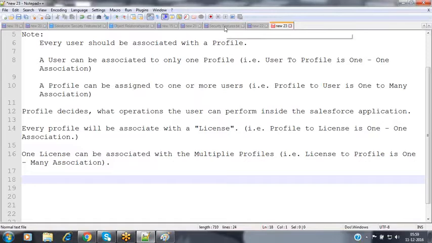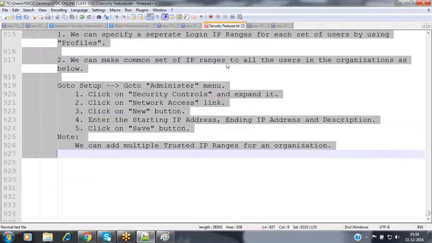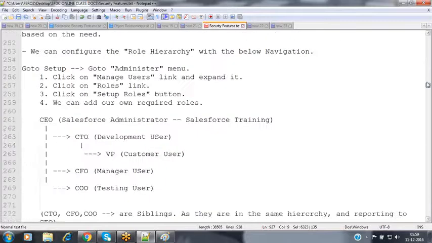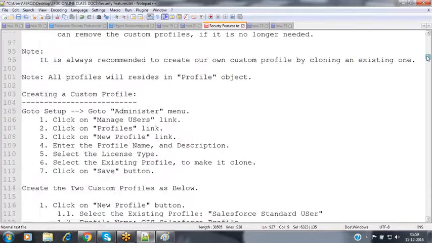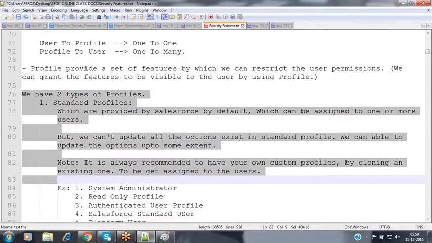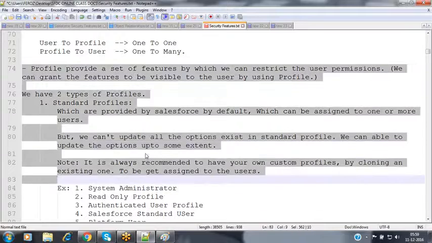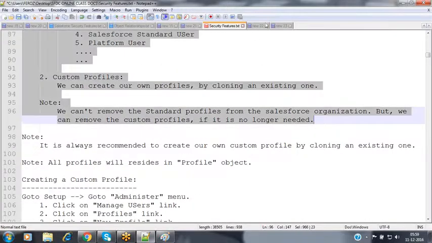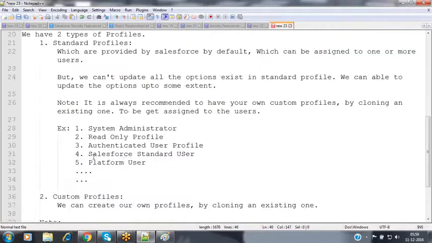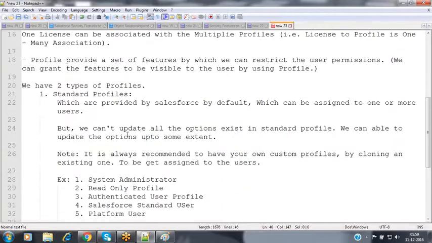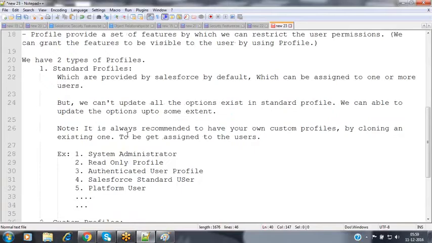Like in our initial sessions itself, we have discussed that.